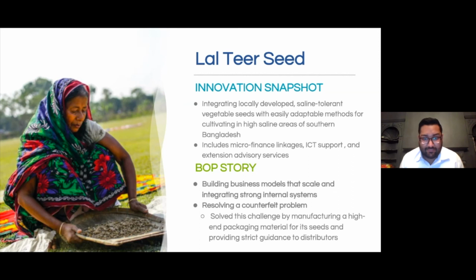Lal Teer is a vegetable seed research and production company in Bangladesh, along with sales. Recently, we did a project under the SWFF project banner. Our project was to create high yielding saline resistant varieties and sell them in the southern part of Bangladesh, where